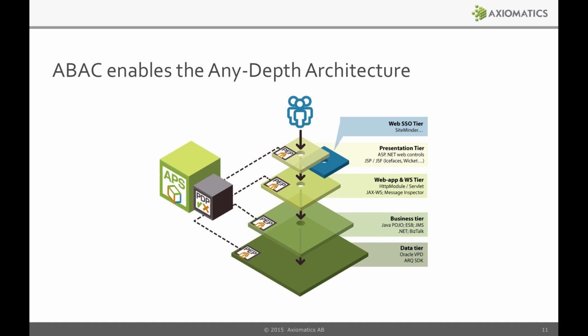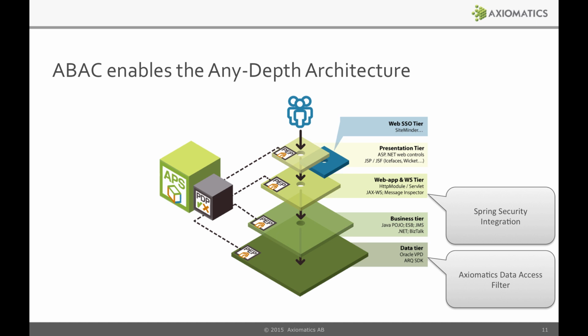What matters is that depending on the layer you are intercepting at, the form factor of the enforcement point will be different. For instance, if you want to intercept at the data tier, there's a dedicated solution for that that does data filtering. If you want to intercept at the web app level, you would integrate, for instance, with Spring Security. And in particular, for today's topic, in the API tier, you would integrate with the CA API gateway, which will act as the policy enforcement point.